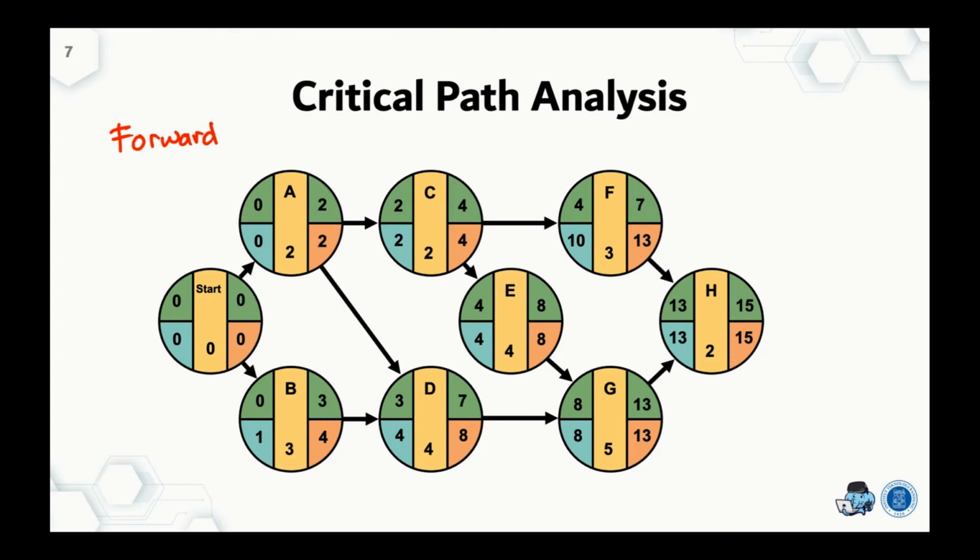As we already drew at the very beginning, this is the network structure of our example. We draw each activity and each duration inside, in the center. Activity A's duration is 2, C is 2, B is 3, and so on. Then let's start from A. The earliest start of A here is 0, and then 0 plus 2,